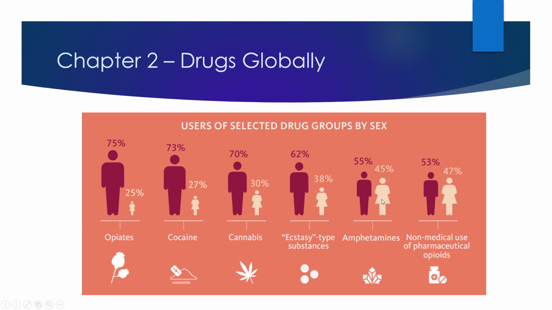So the takeaway from this, I think you want to look for clear patterns, big patterns. And here I think the story is that regardless of the drug that you're looking at, it tends to be predominantly a majority of male users compared to female users. And that's most true of opiates over here at 75%. Close with cocaine. That's what I take away from that.